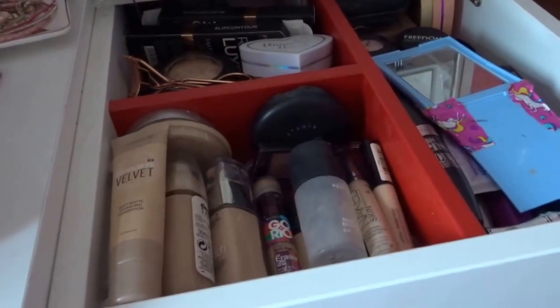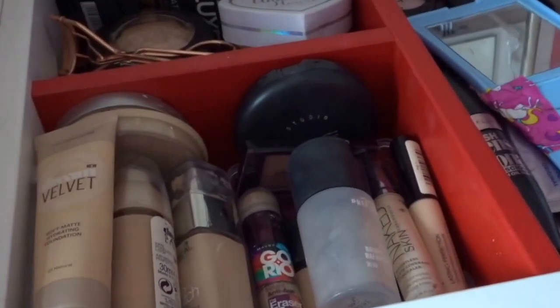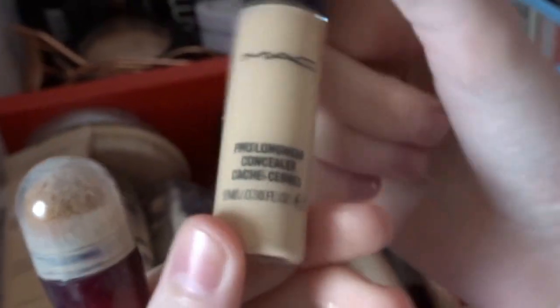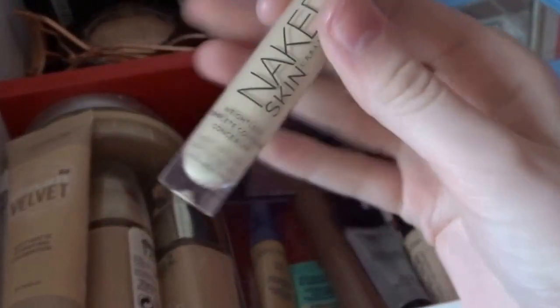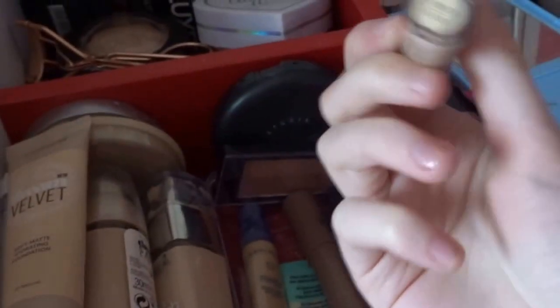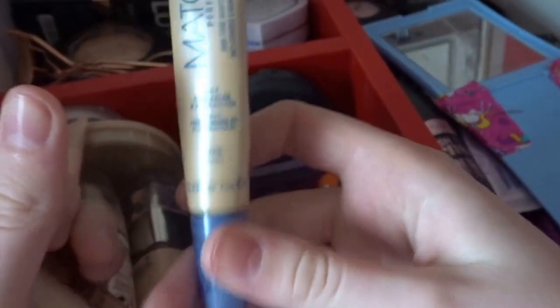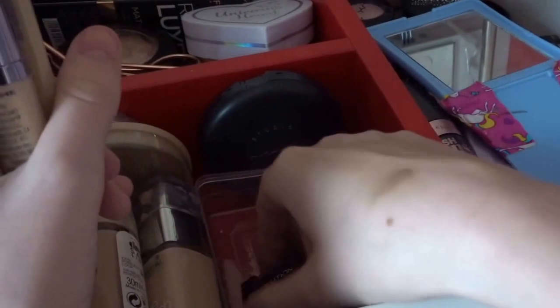And moving over to this section, I've got a MAC Mini Prep and Prime Water, Maybelline Anti-Age Eye Erasing Concealer, but it's slightly too dark for my skin tone. The MAC Pro Longwear Concealer in NW15, which I use every day, as well as the Urban Decay Naked Skin Concealer, Fair Neutral. I've got the Rimmel Match Perfection Concealer in Ivory, which I use to clean up eyeshadow,